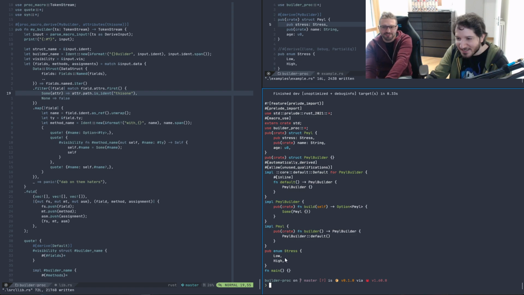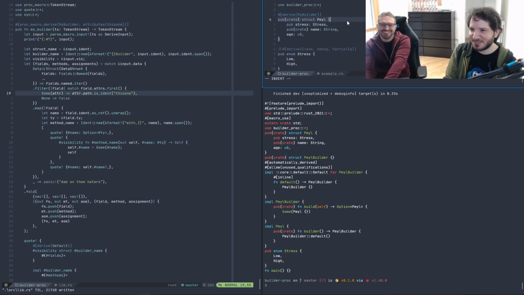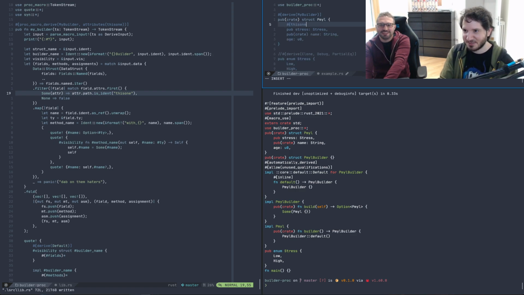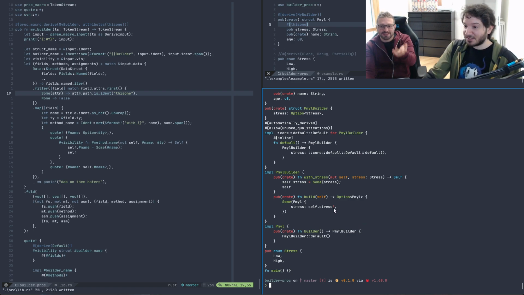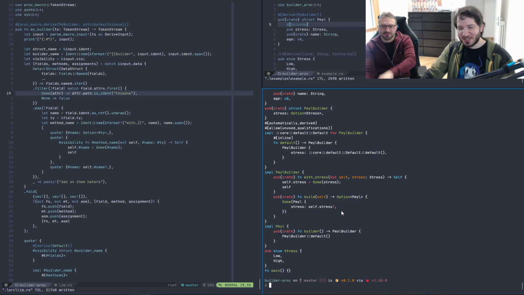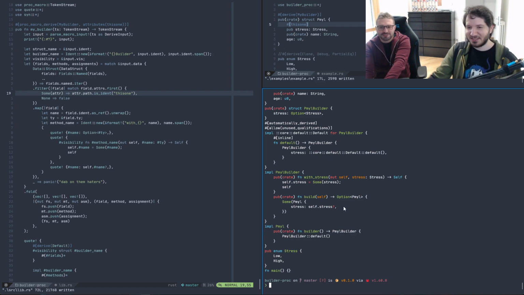I mean, you haven't compiled it, so yeah. I mean, it produces code, but is the code correct? The expand macro doesn't care. Yeah, is the code correct? It's not. Why not? I mean, regardless, you need all the structs. The whole struct. Yeah, like when you instance it, like if you went there and said Pmyl with a new stress, it wouldn't allow you to do so. Yes, so that's fine because that wasn't the purpose. But if we want to keep it that it works at all times,